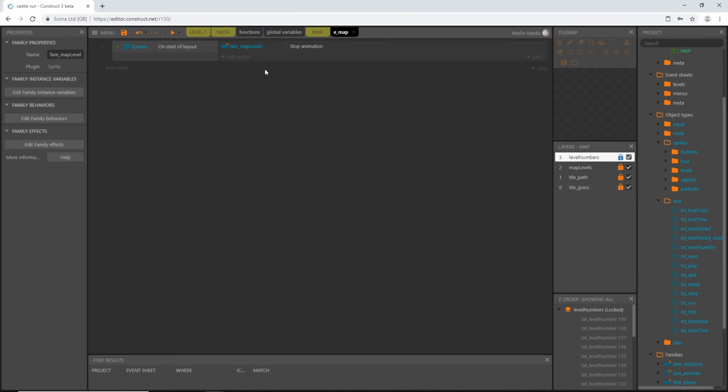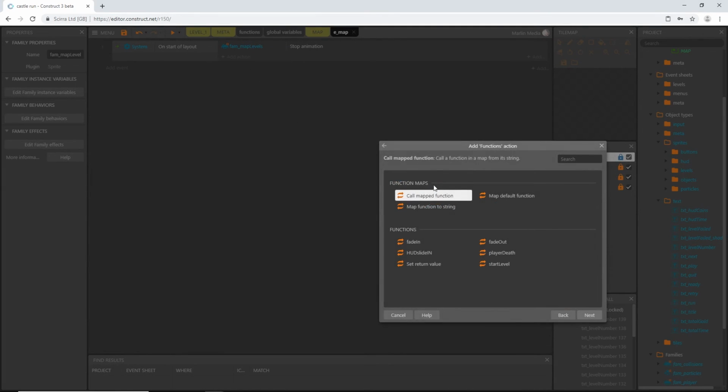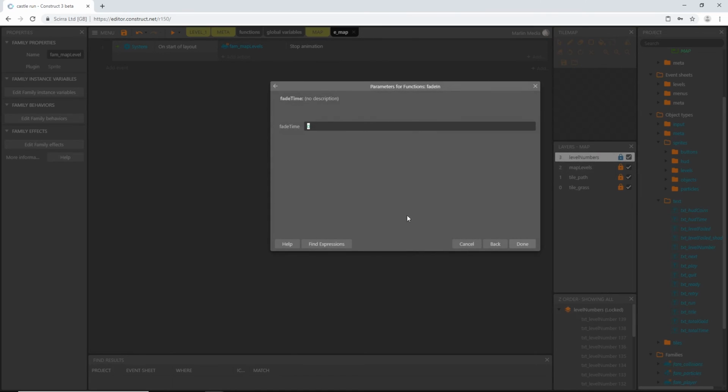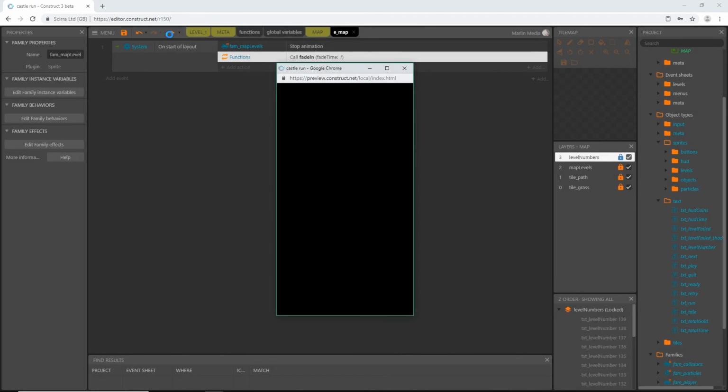One last thing before we're done with this one. I want to add an action to this start of layout. And let's go to our functions. And I'm going to call the fade in function. And I'm going to give it 1 second. 1 full second. Super dramatic, and it can stay right there. We can stop our animations first and then fade in. It's going to do this all at the same time anyways. No need to reorder that. And if we play,